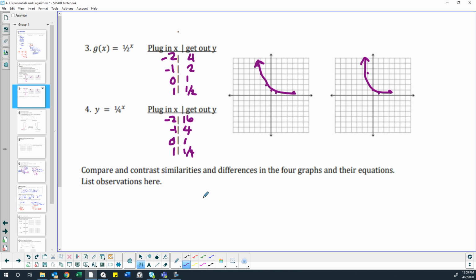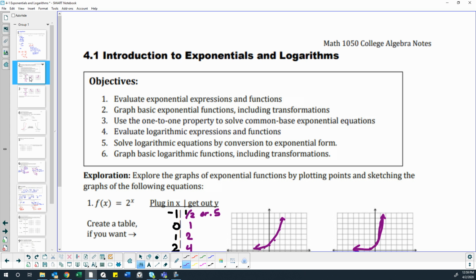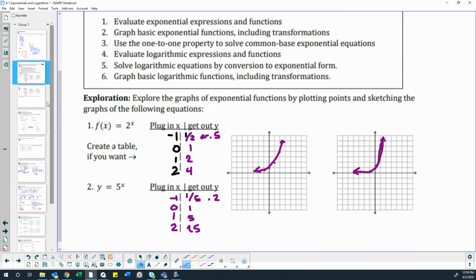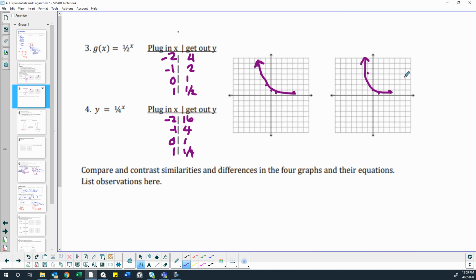Okay, so just quickly, let's observe similarities and differences. None of these graphs that we did have gone down to the negatives. They've all stayed in the positive values because those bases of the exponents were positive. So it's kind of like they're never going to go past 0, are they? They're never going to go negative. So we kind of have this asymptote here that we're going to talk about at x equals 0